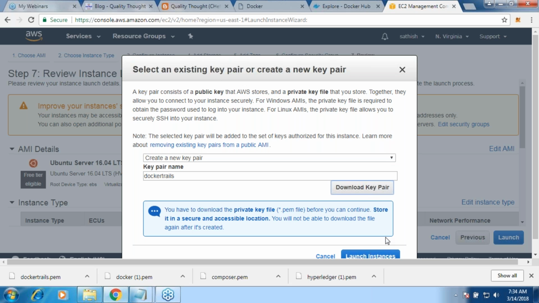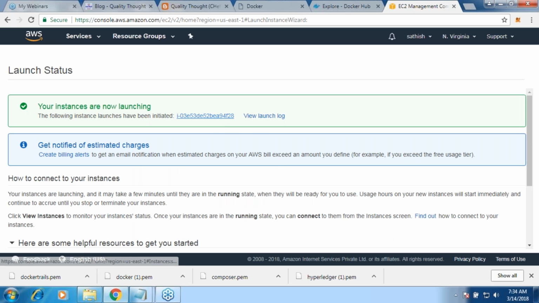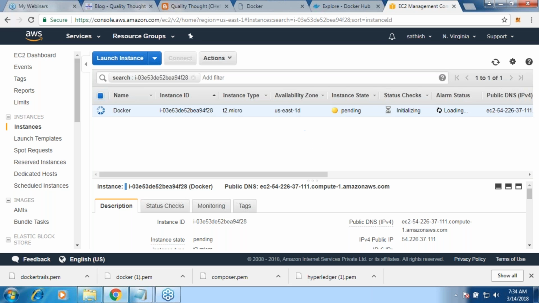Okay, now let me click on launch instances. It takes some time. Okay, so Docker comes in two versions now. There is the community edition, and there is the enterprise edition. Let us start our journey with community, and at the end let us discuss the enterprise features. Community is free, enterprise is paid. That's the whole point. There is nothing apart from that.